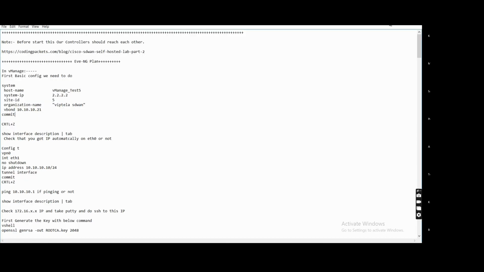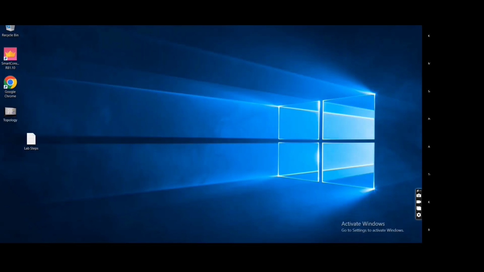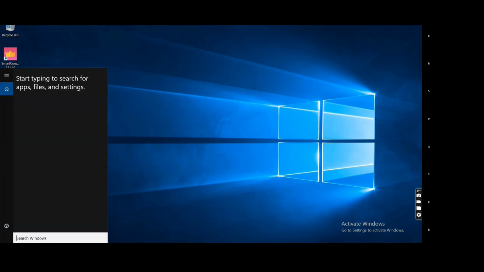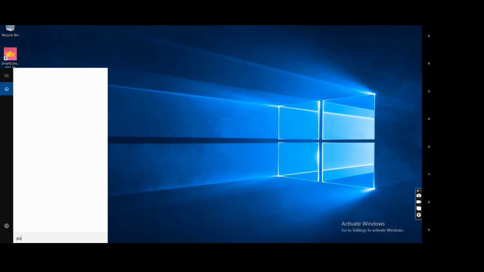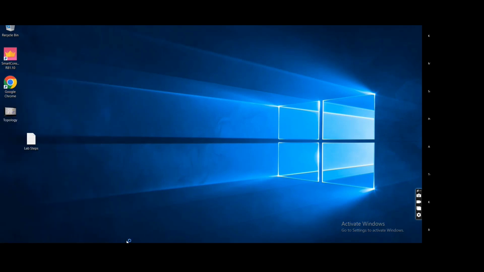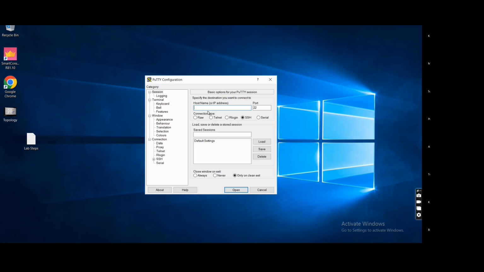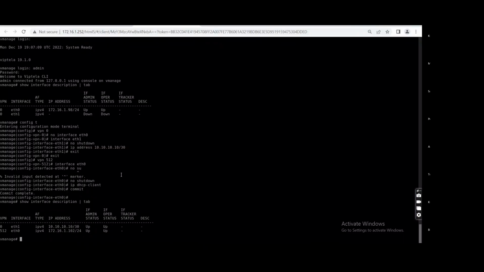Now I can use PuTTY. If you go to the search and type PuTTY, you will get this PuTTY desktop app. I will pin it to the taskbar also. Now here I can type that IP, whatever IP I was given. Most of the time you will all get a different IP. So I got this one